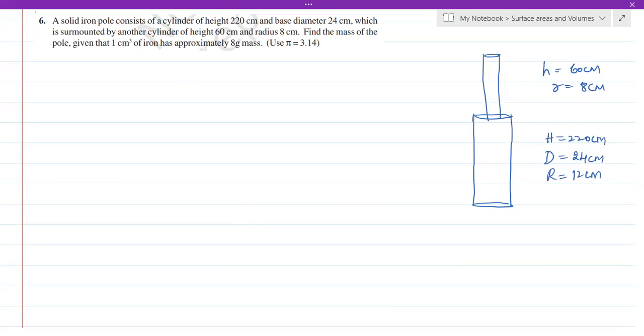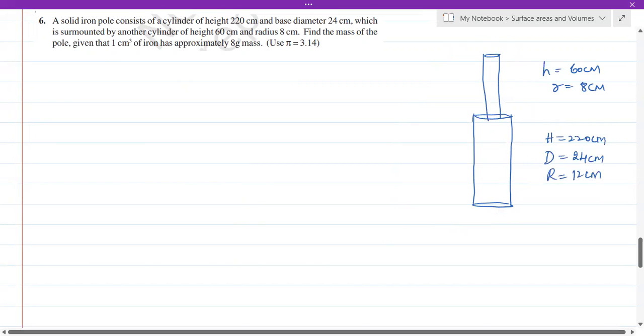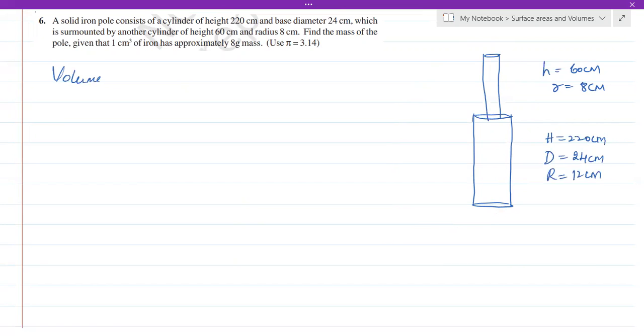We have to find the mass of the total solid. For that, we have to find the volume, because 1 centimeter cube is 8 gram. So we have to find the total volume occupied by this. For 1 centimeter cube, it is 8 gram. If you calculate the volume, easily we can calculate the mass. So volume of solid is very clearly volume of bigger cylinder